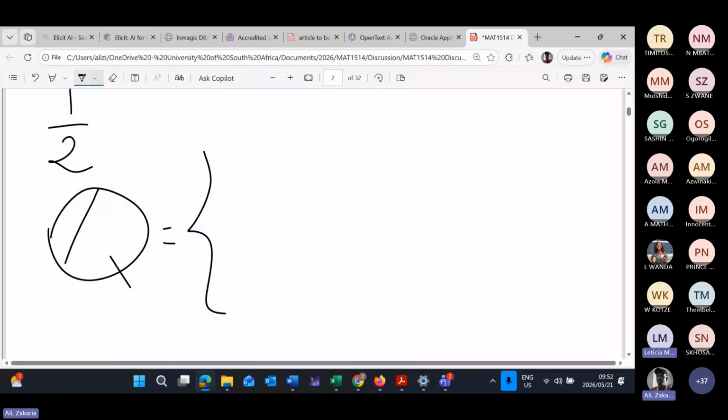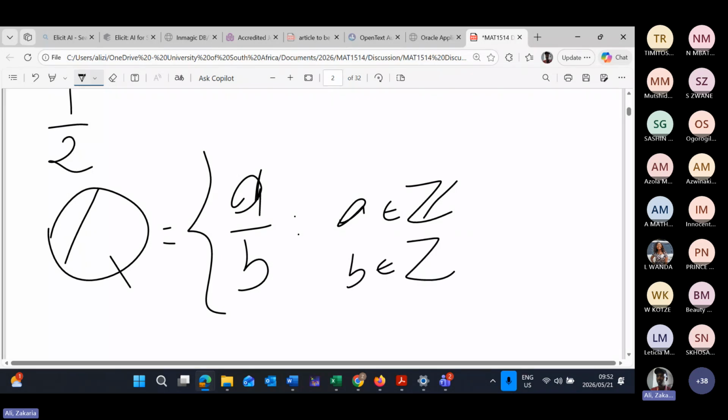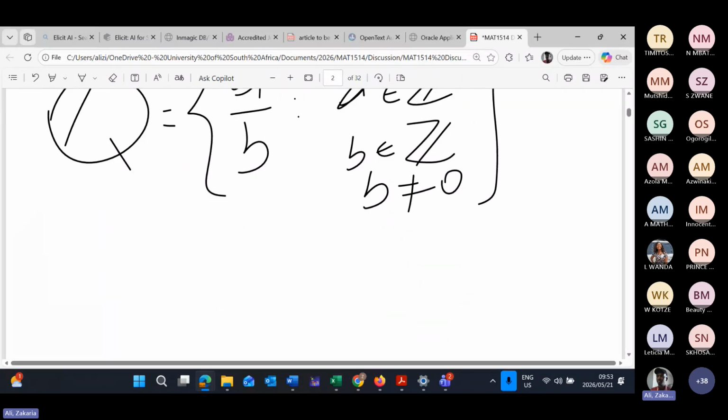The definition has now taken a different shape. You can call it A divided by B, or P divided by Q, with A and B both integers. They can be positive and they can be negative, it doesn't matter. However, because B is in the denominator, you cannot divide by 0. It would be like having something and dividing it among no people. So you take B different from 0. That gives us the set of